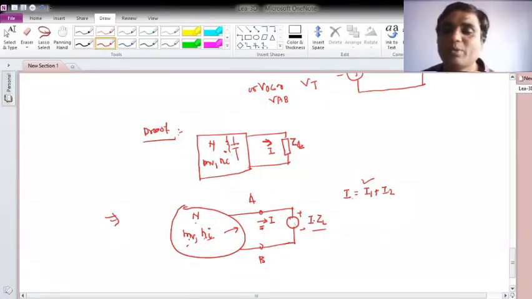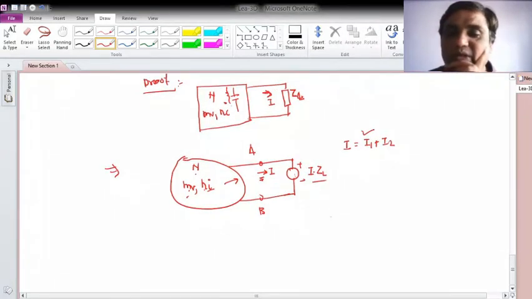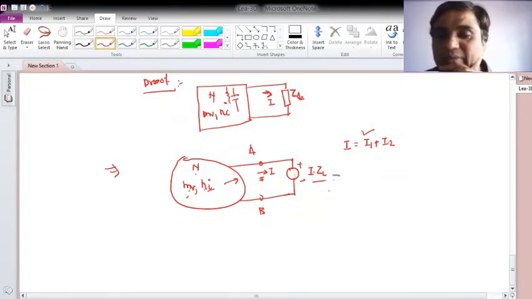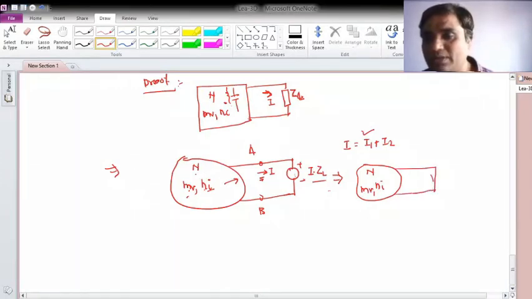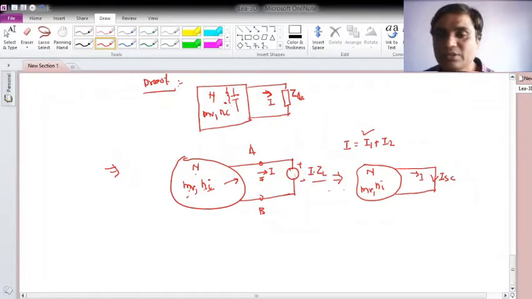Now let me obtain I1 and I2. To get this, as it is a linear system, I will use the superposition theorem here. Okay, so to use it, first I will replace this voltage source by a short circuit. If this is the case, then this is my network, with m number of voltage sources, n number of current sources, and then replace this by this. So this will be your short circuit current, I. So this is case 1.